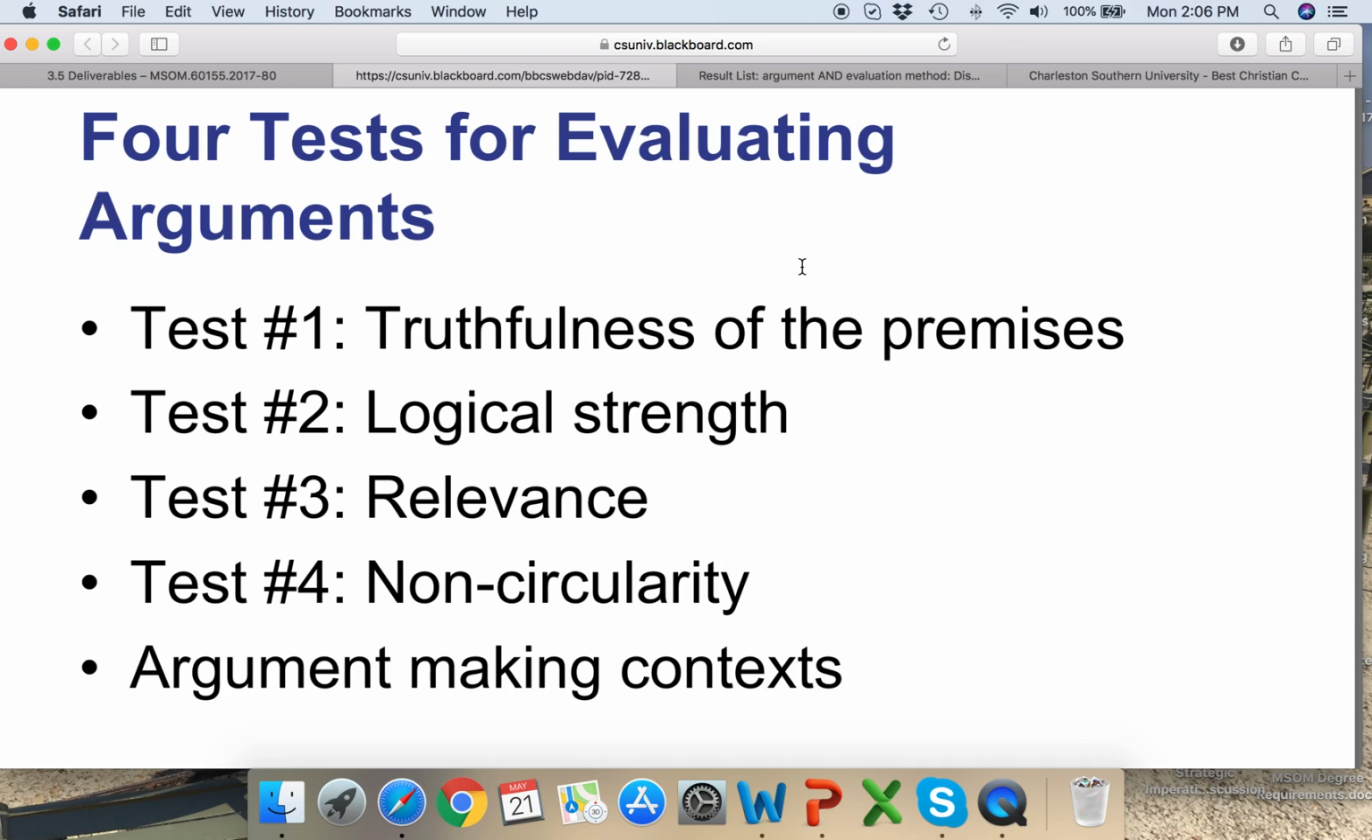And I'm going to the lecture here, by the way. The lectures each week are a great place to get a synthesis of the particular chapter. The four tests for evaluating arguments, as presented by Facione and Gittins, will be truthfulness of the premise. Does the premise have logical strength? Is it relevant? And then is it non-circular in its arguments? And so those are the four tests. And so keep those in mind, because those may be things that you can use when you go to the